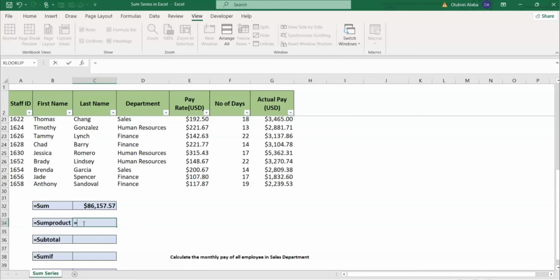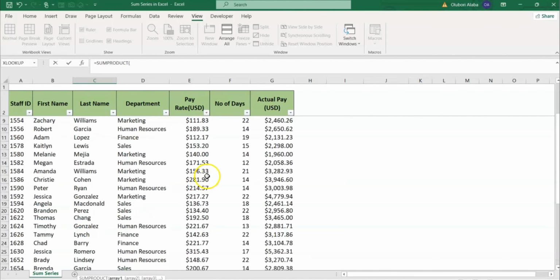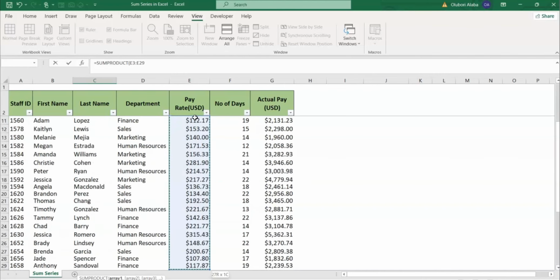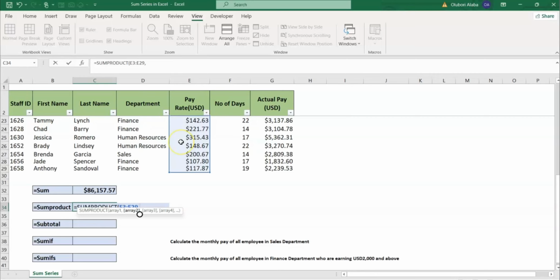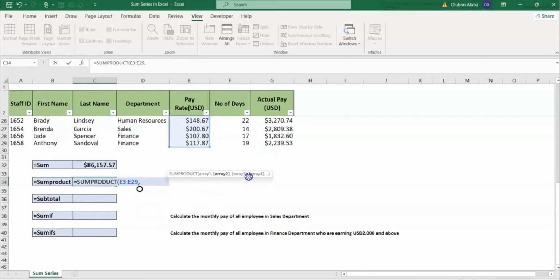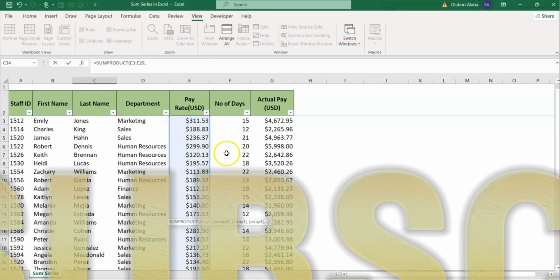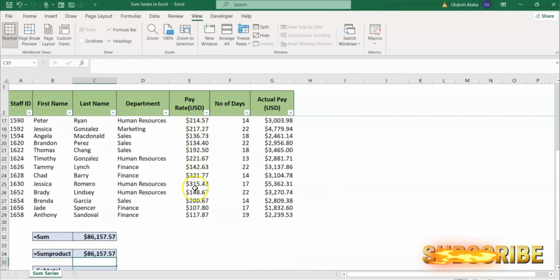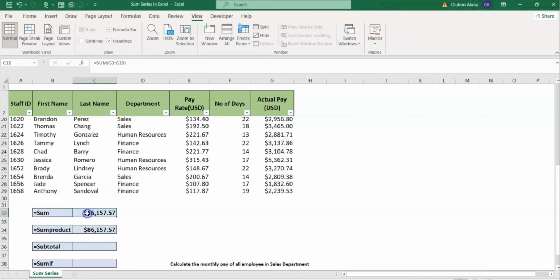So you simply say equals to sum product, and then it says the array. The first array that I want is the pay rate, so I'll highlight it down, and then I'll press my comma. Then array 2 is the number of days worked. So I'll simply pick array 2, and that should give us our answer. So you can see that the sum and the sum product gave the same answer, because it helps us to multiply this column and this column without having to make reference to this,